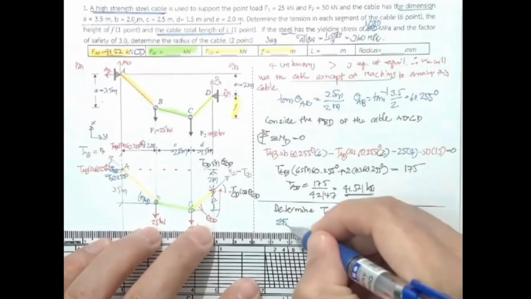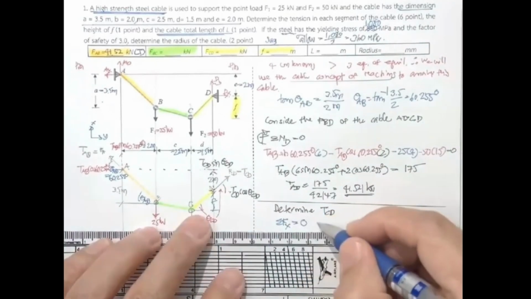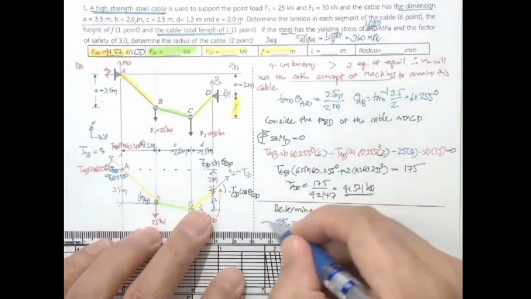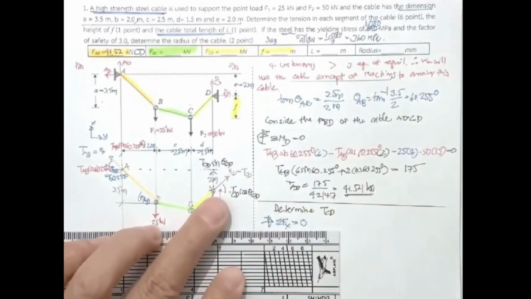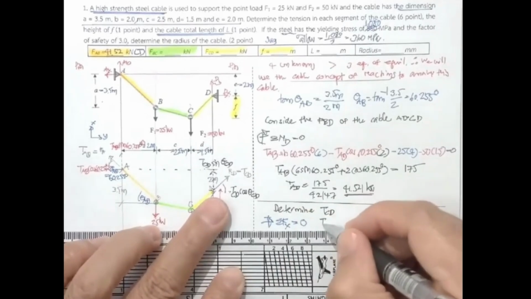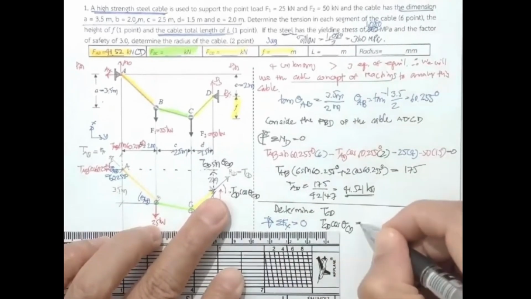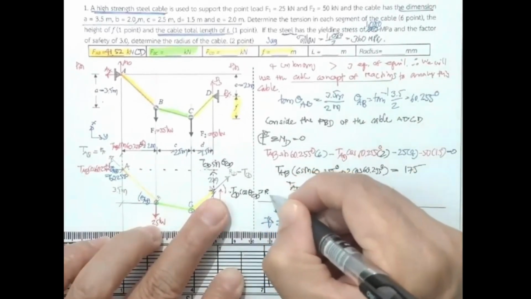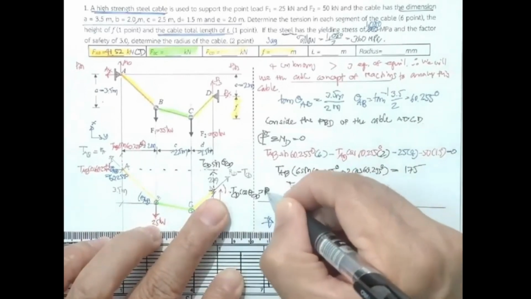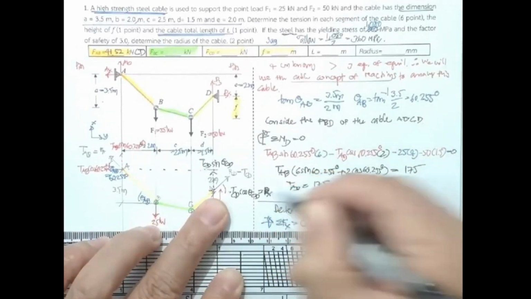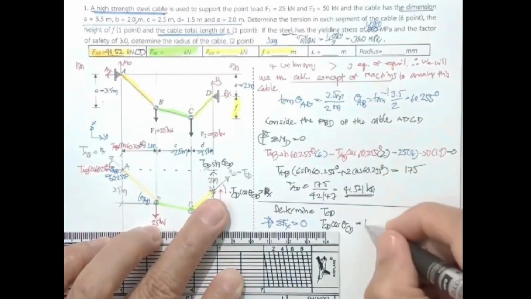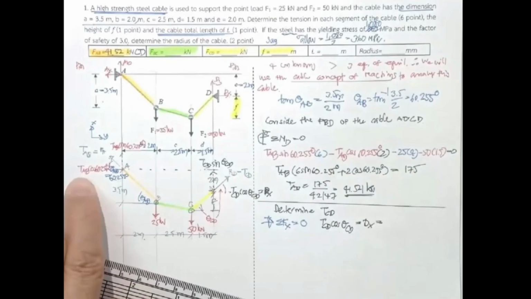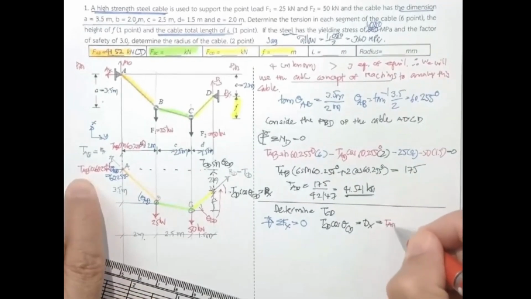What you get is this one, T sub CD cosine theta sub CD, which can be this one, D sub x. And this is going to be equal to this one, T sub AB and then cosine